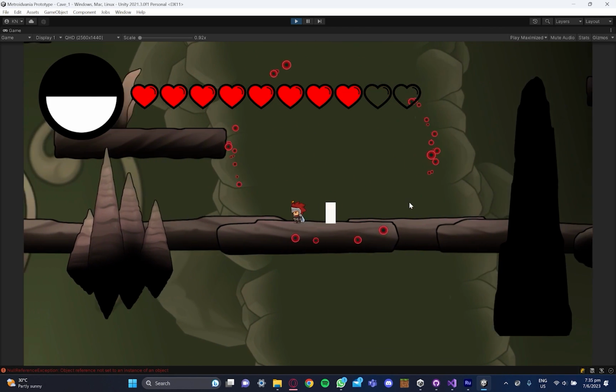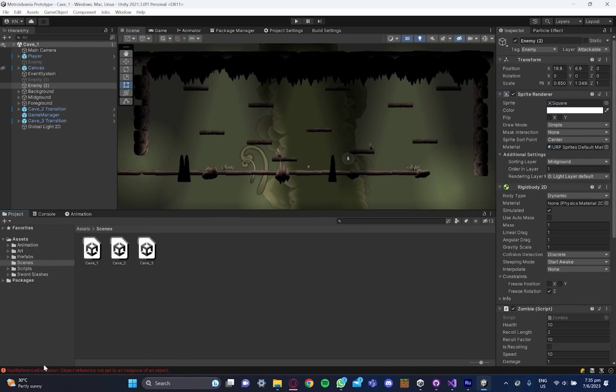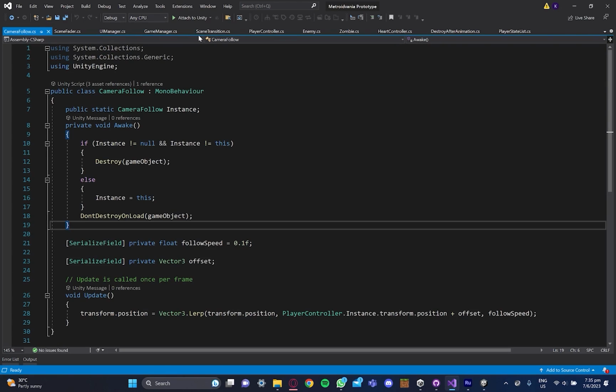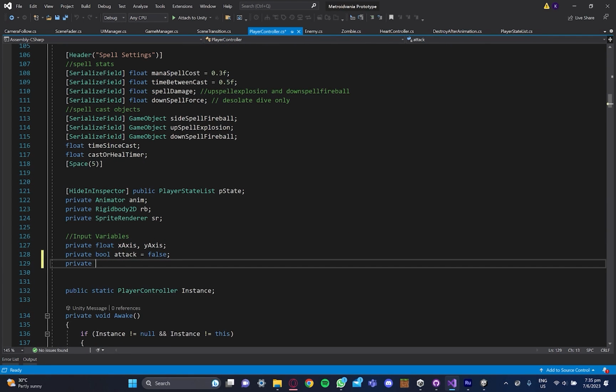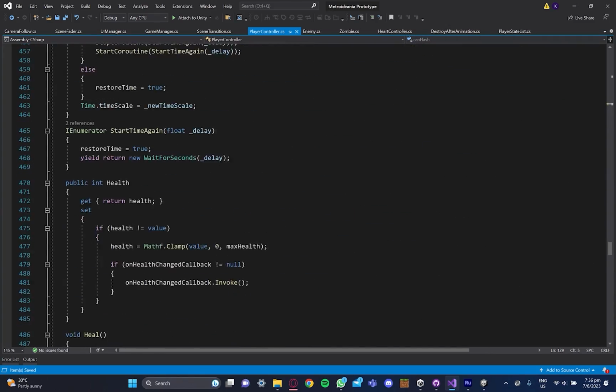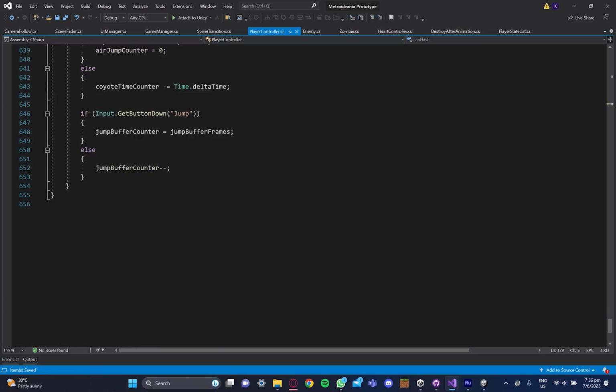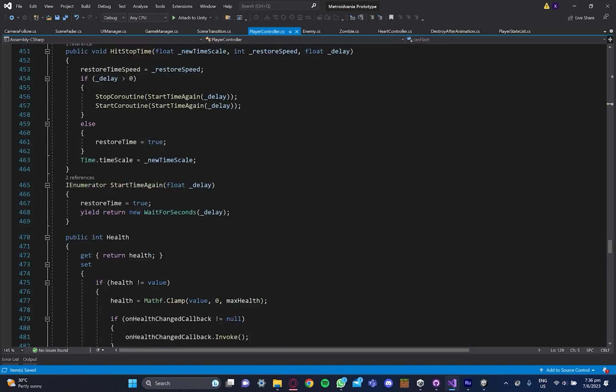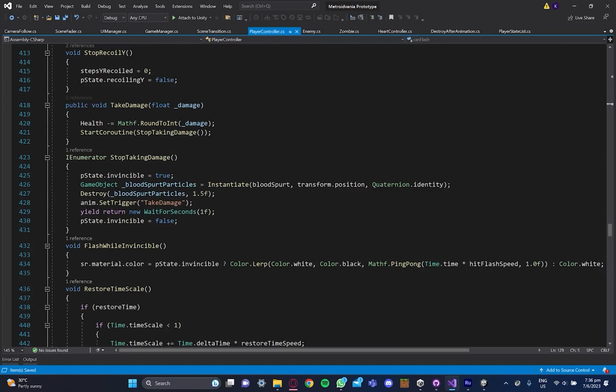When transitioning to URP, we encounter an issue where the invincibility flashing no longer works due to the sprite material color not changing. To address this, we'll implement a solution. First, we'll introduce a private bool variable called canFlash and a coroutine named Flash in our player controller script. Within the Flash coroutine, we'll toggle